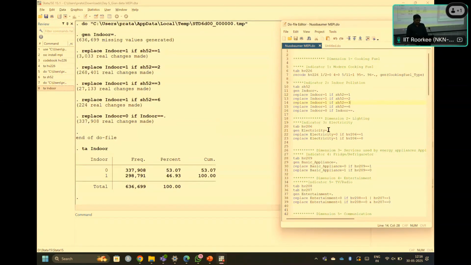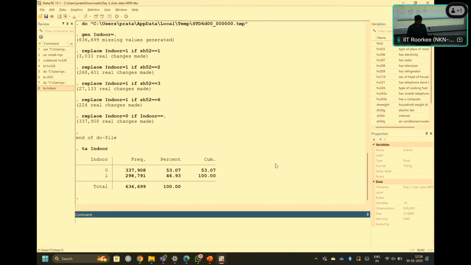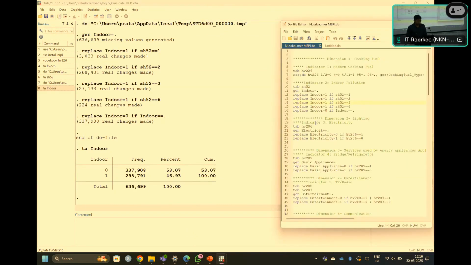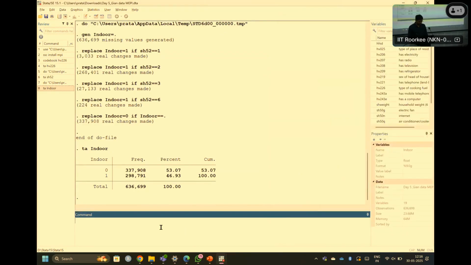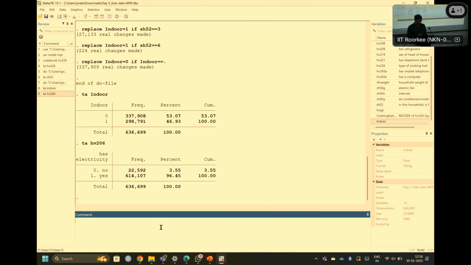So SB206 we have actually generated with a name called electricity, and we said 0 if, now you can just check it clearly. Those who have electricity number 6,14,107, and with no electricity it is 22,592.